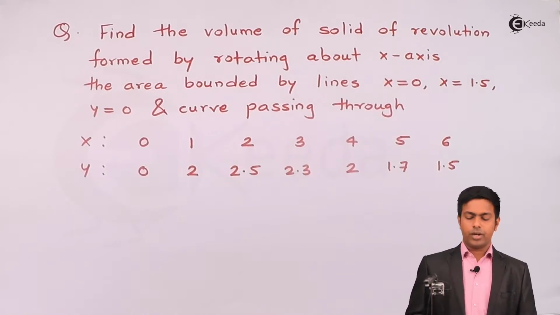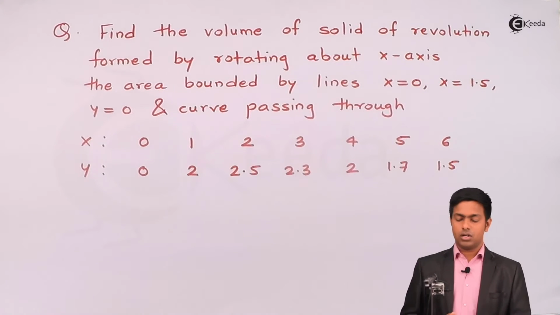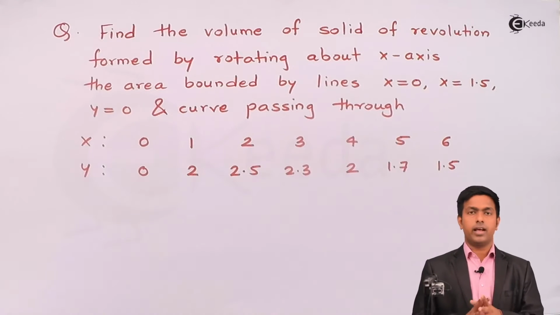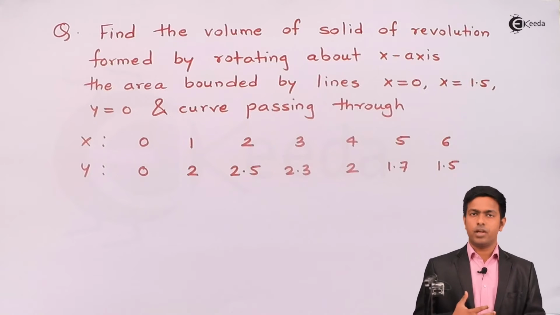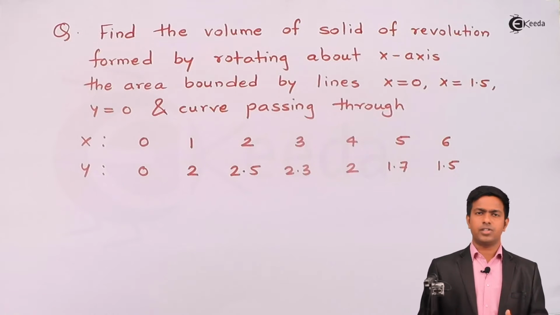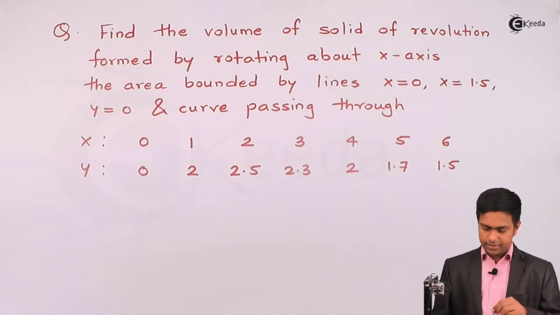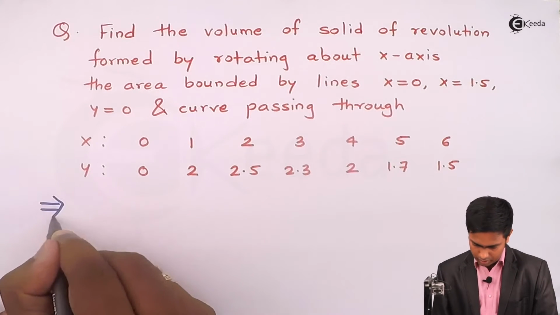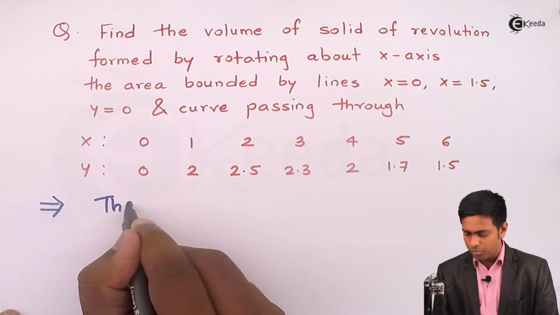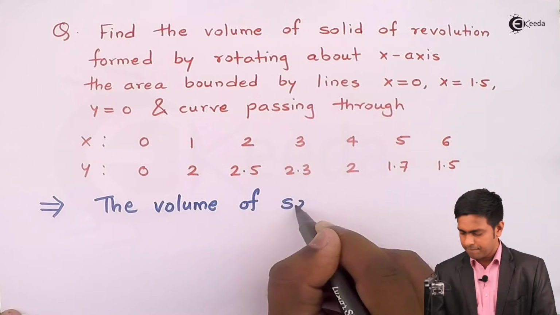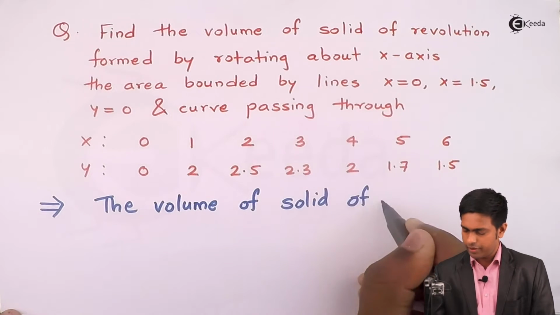So, to get the volume of solid of revolution where the area is bounded by the given lines, how to get the answer? For that we have a formula. We all know that the volume of solid of revolution is given by integration of pi y square dx. So I'll be using that formula to get the answer. So here I'll say the volume of solid of revolution